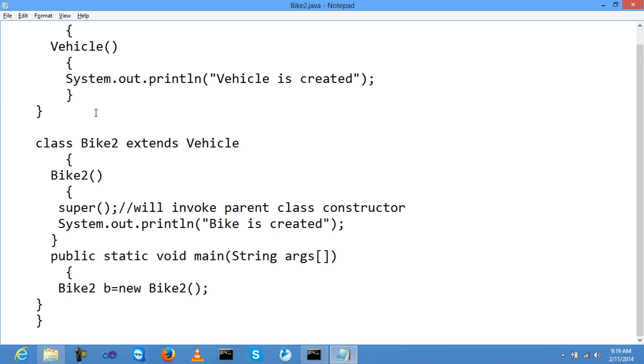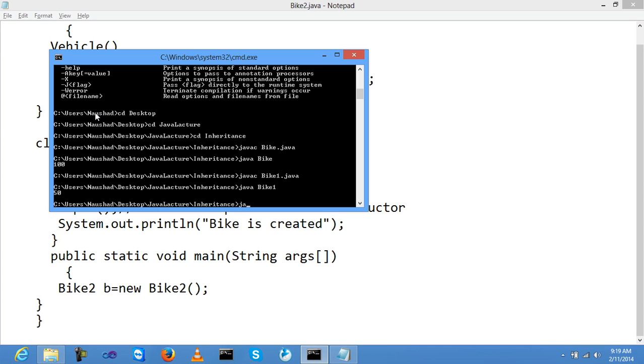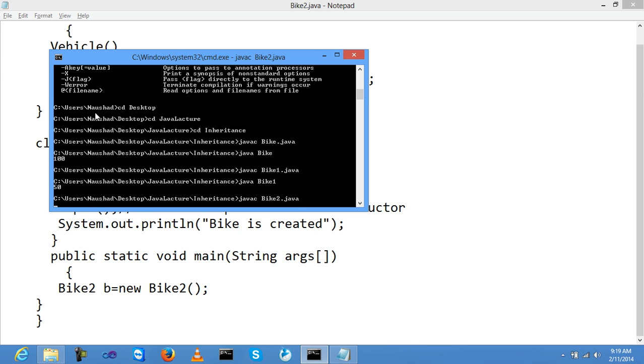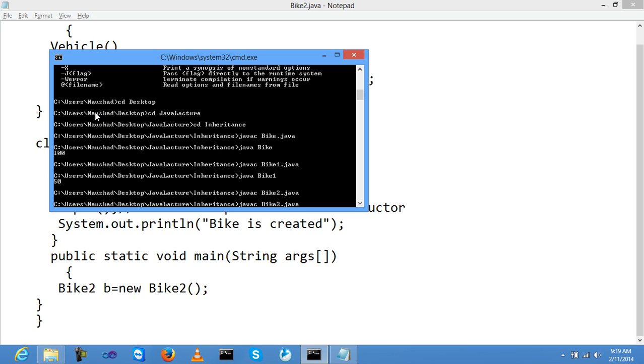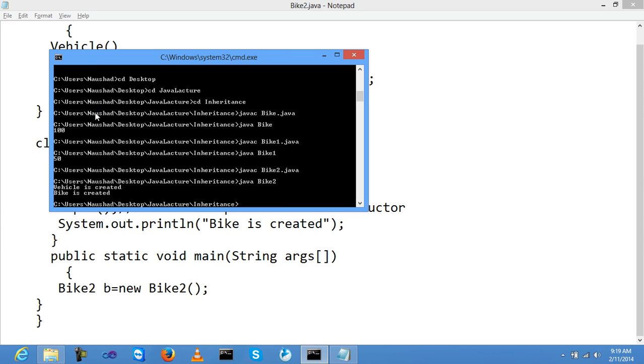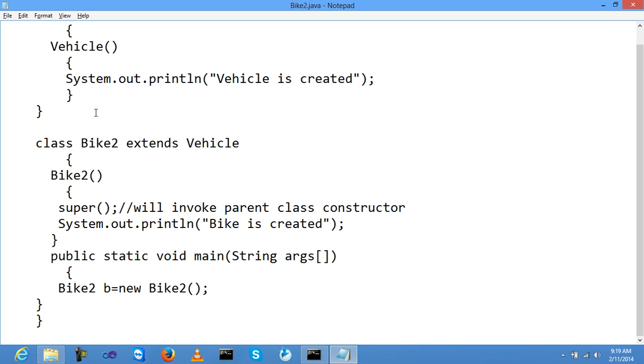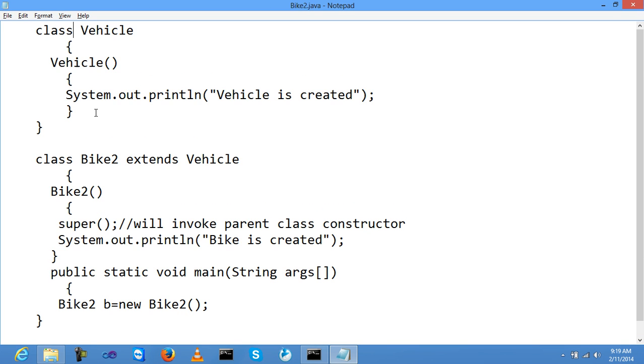I have already saved this program as Bike2.java. So javac Bike2.java, then java Bike2. Vehicle is created and Bike is created. So both constructors are called. This is an example of how to call a parent class constructor inside the child class.